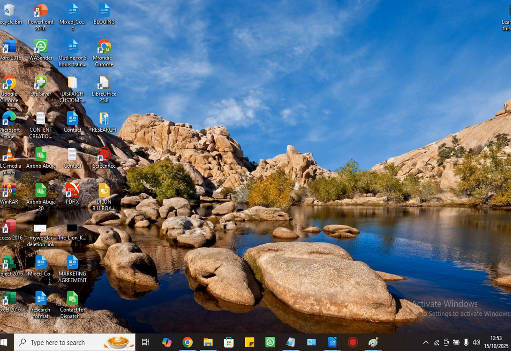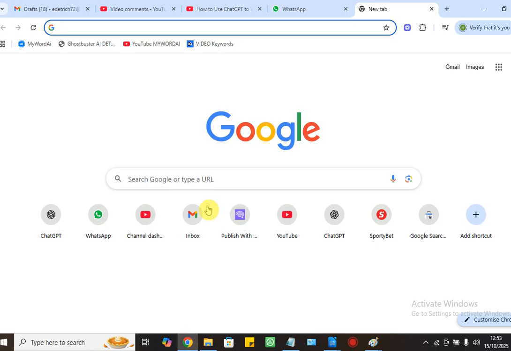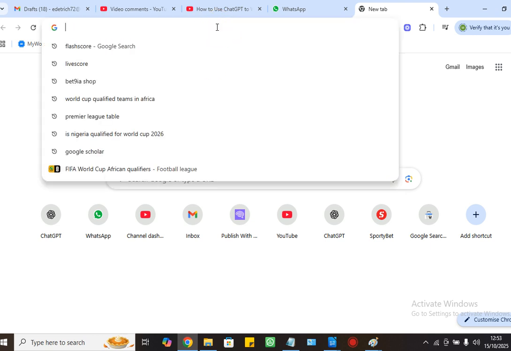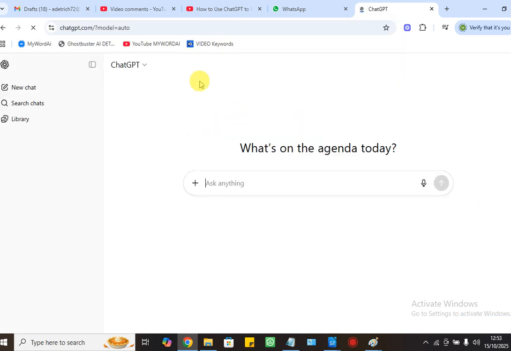Okay, so look at your screen very well while I show you how you can use ChatGPT to write an impressive rationale. ChatGPT. Okay. You can actually get